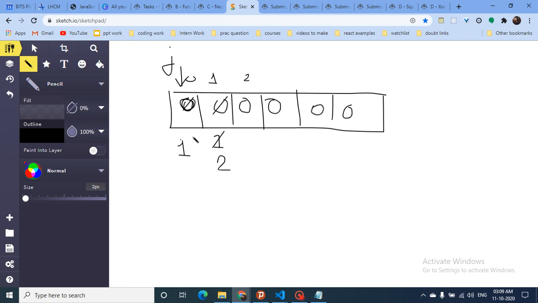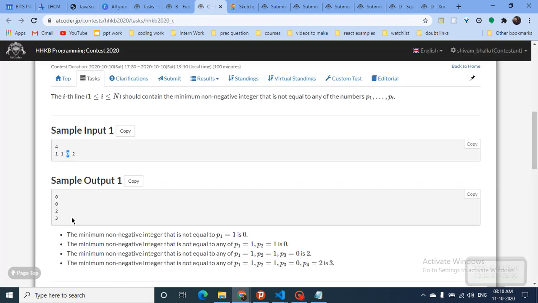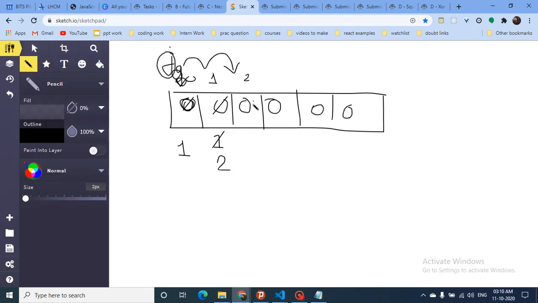Whenever your j points to any number whose count is not 0, you can do a while loop and find the next number which is 0. This is the next number which is 0, which means that among all the numbers, this is the smallest number which is not present in that group. Then you can print out 2. Then when you add 2, make this equal to 1.